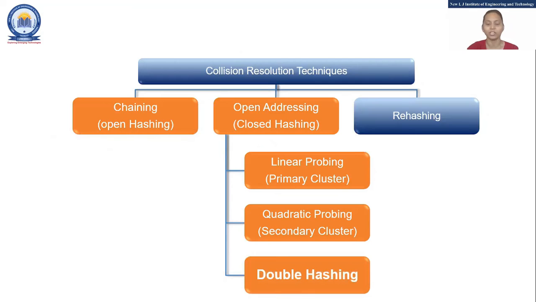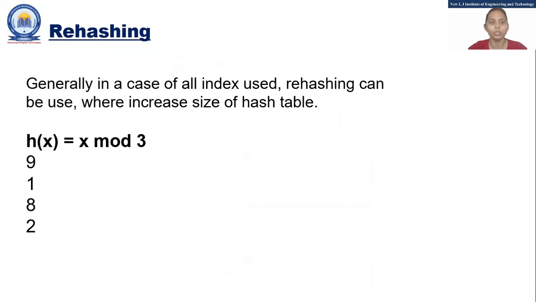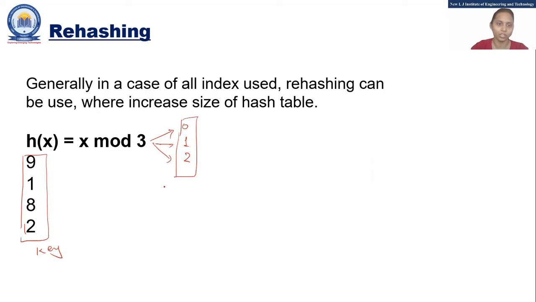Now come to the next topic, that is rehashing. Now rehashing is like if something is not giving you the right answer, what can you do? In our case, x mod 3 has only 3 possible answers, that is 0, 1 and 2. Right? But my number of keys is 4. Number of keys is 4 and my valid index is only 3. By looking at this, you can say in future, in storage of these key values, you end up with collision. Yes or no? By looking at this combination also, you can say it will end up with a collision. So what can you do? You can rehash the function.